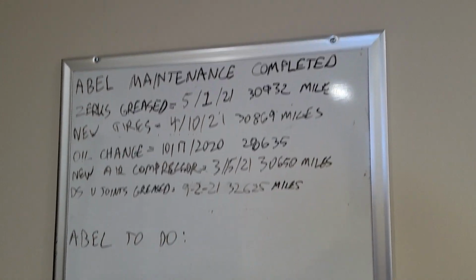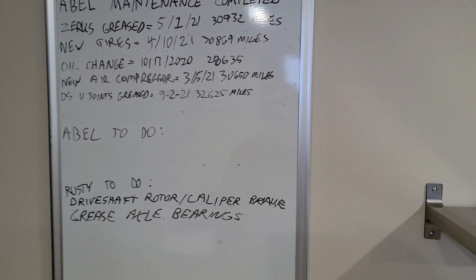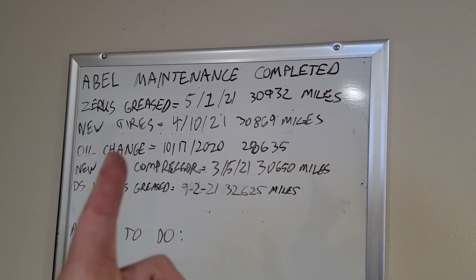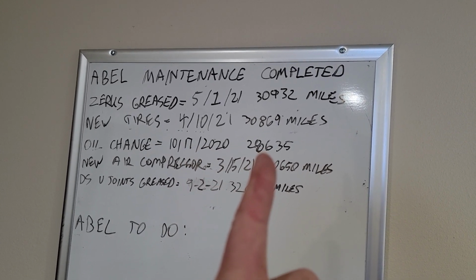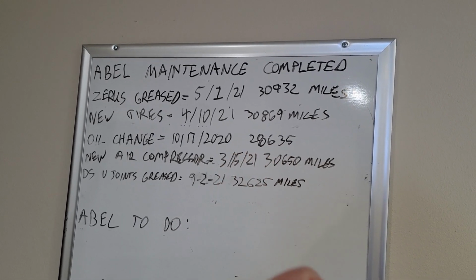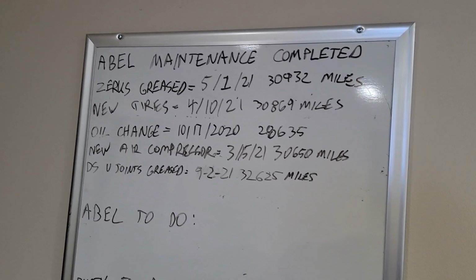this is kind of a dry erase board that I keep up to date with what needs to be done on the vehicles. And as you can see, the last time we did an oil change on Abel was exactly a year ago, at 28,635 miles. So we're going to go outside today and I'm going to show you some of the ever important